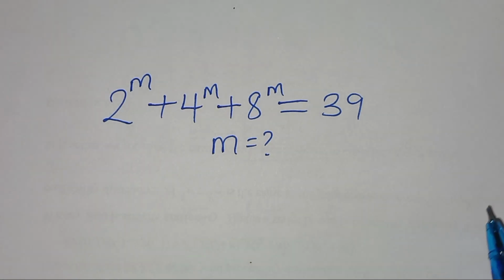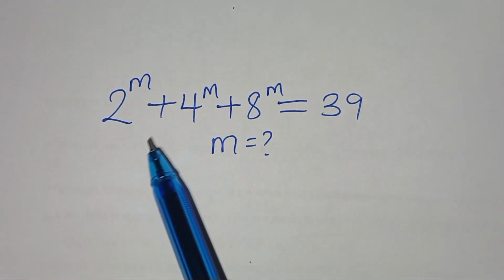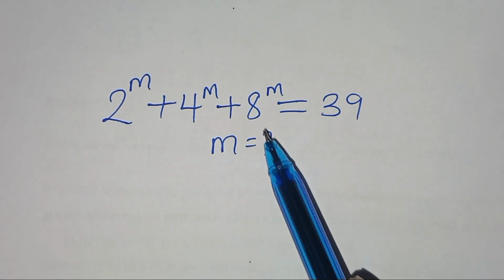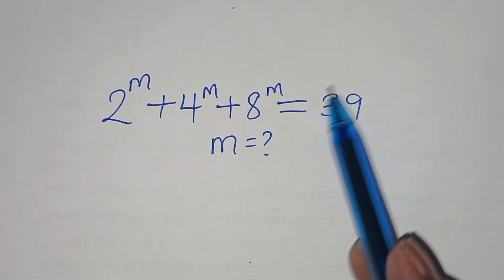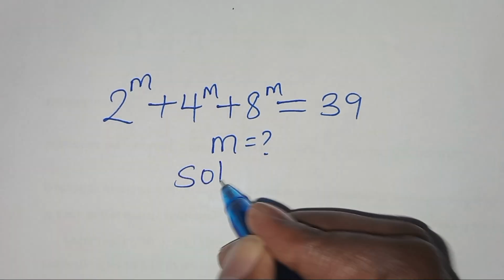Hello everyone, you're welcome to solve this nice algebra problem, which is 2 to the power m plus 4 to the power m plus 8 to the power m. This is equal to 39. What is the value of m? Solution from here,